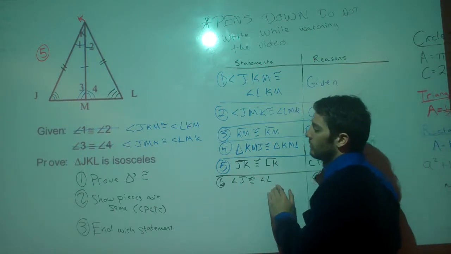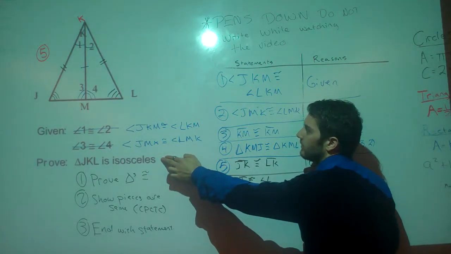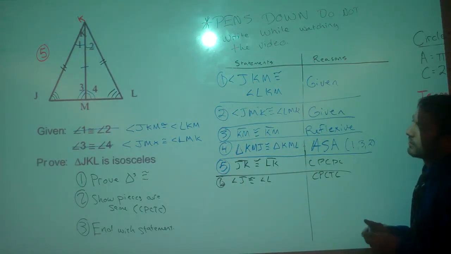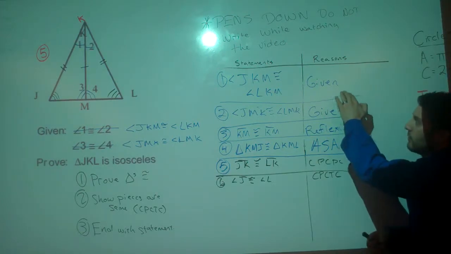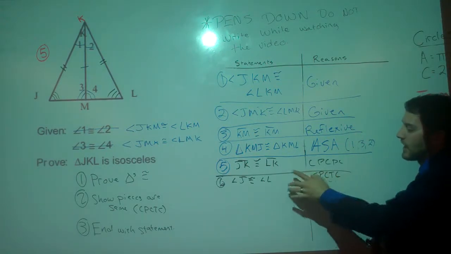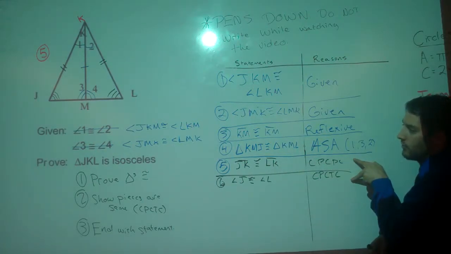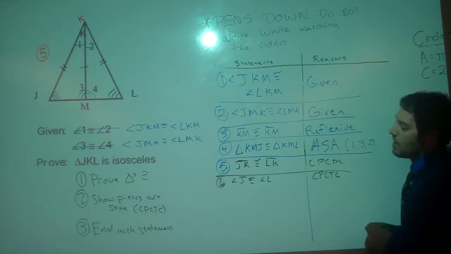Please do not say that this is the same because of isosceles. I don't at this point in my proof know at all that the big triangle, JKL, is isosceles. I have never stated that the triangle is isosceles, so I can't say this is true because of isosceles. This is true because the triangles are the same, therefore the parts are the same. But now,